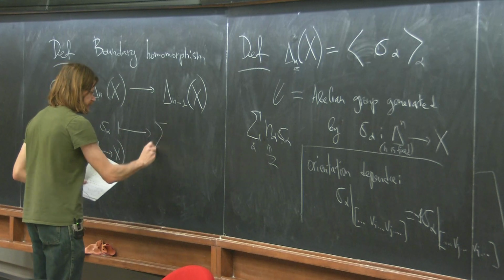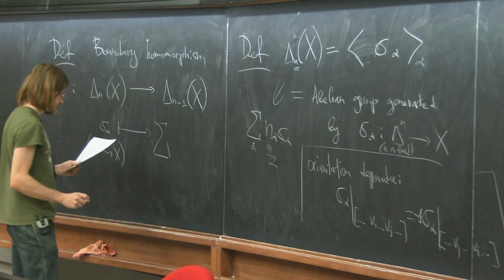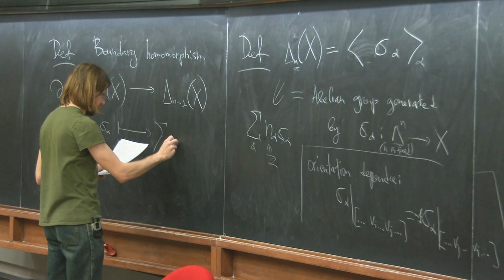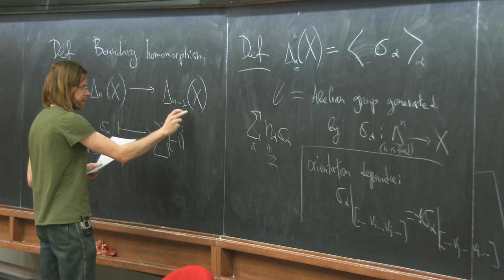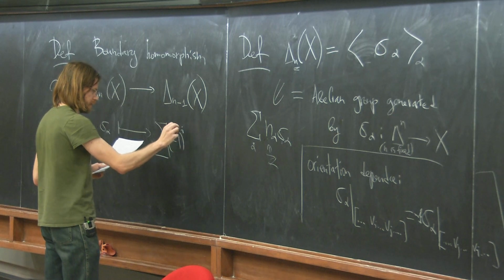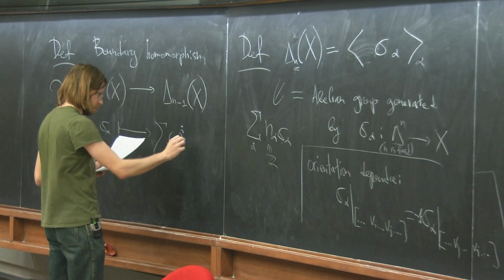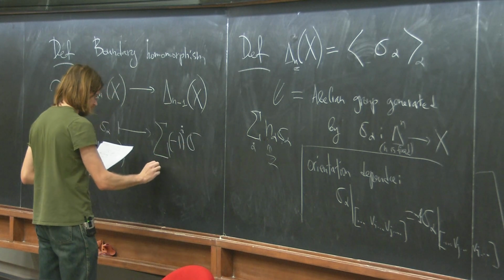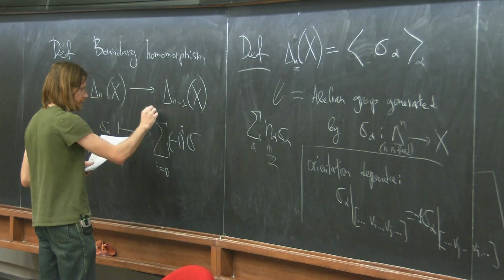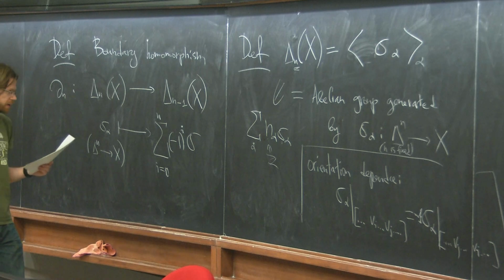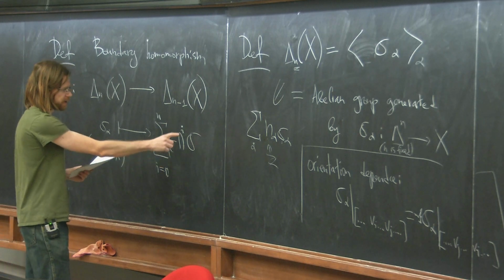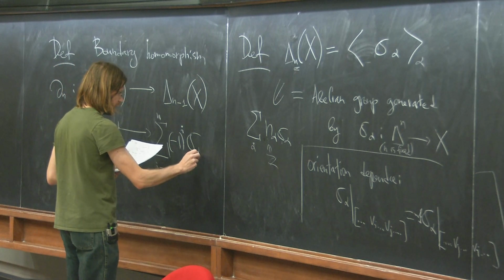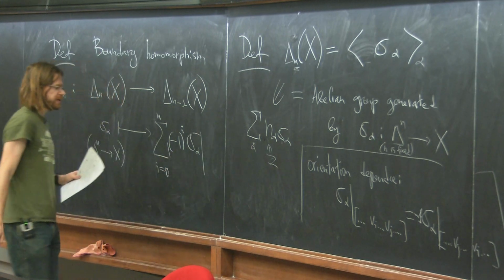And this is mapped to the following linear combination of sigmas in this group. We take a sum over I from 0 to n with weight minus 1 to the I, so this is just plus or minus 1. And I consider sigma alpha